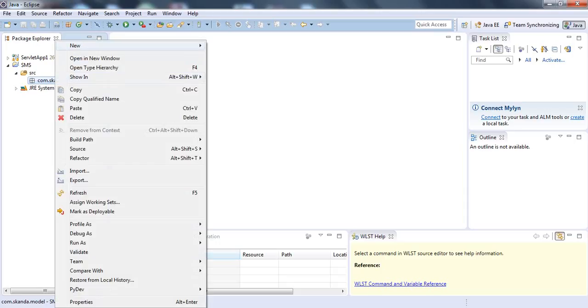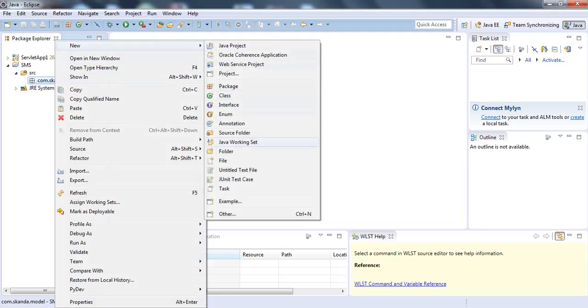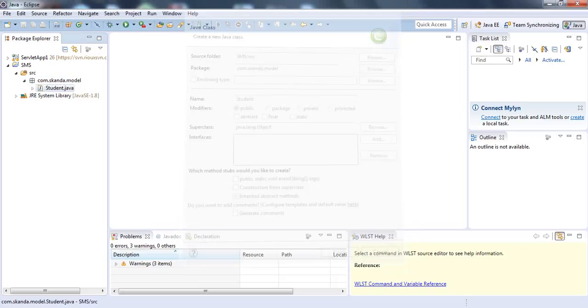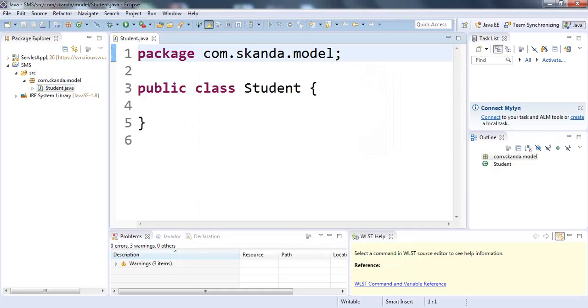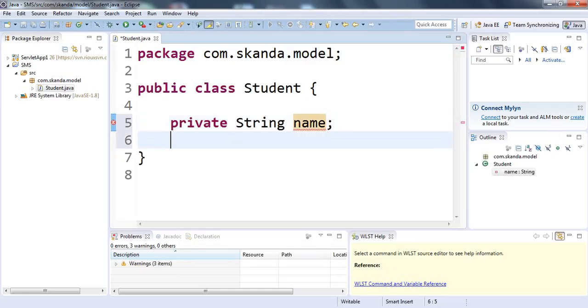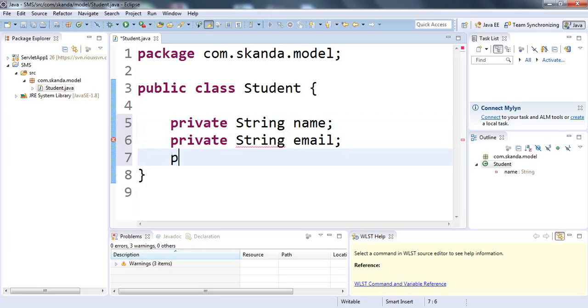Now what is my plan is, I am creating a class here, student, right? As it is a student management system, I am creating a class called student. So here in the student, let me have a few fields. Student name, what else generally will a student have? Email, ID,